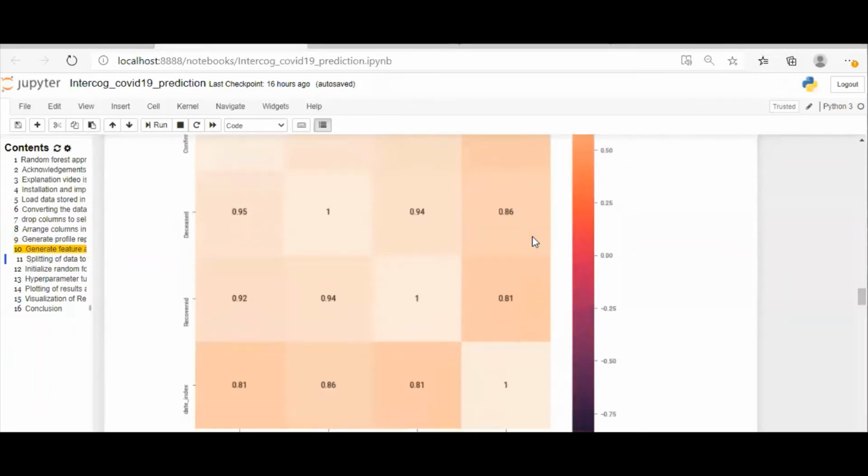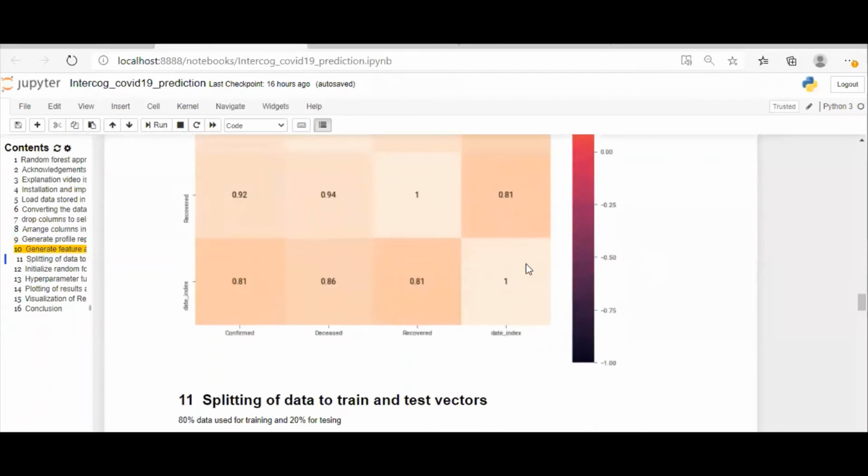So we have selected pretty good parameters to predict the number of deceased. Coefficients are somewhat promising, so I assume that my model will be able to predict to a good extent.